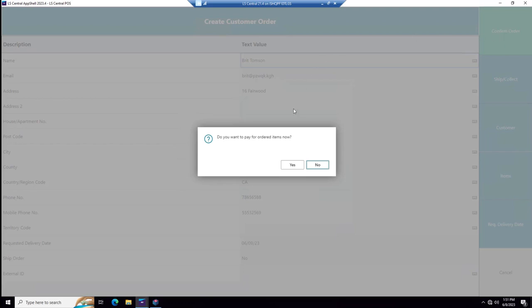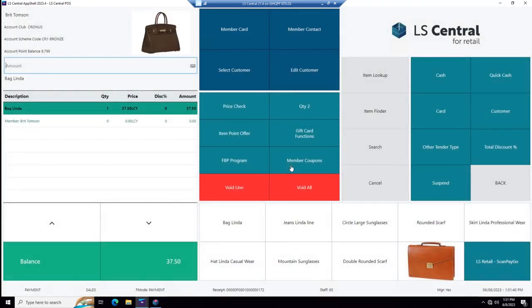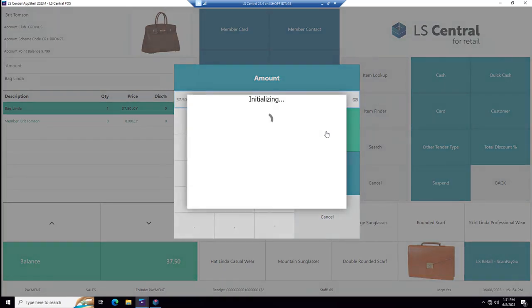So she wants to pay for it now. We answer yes. And let's finish this and we pay with cash. If Britt would not have wanted to pay now, then we would have had to finalize the order at this time. But she's paying now and we press OK.